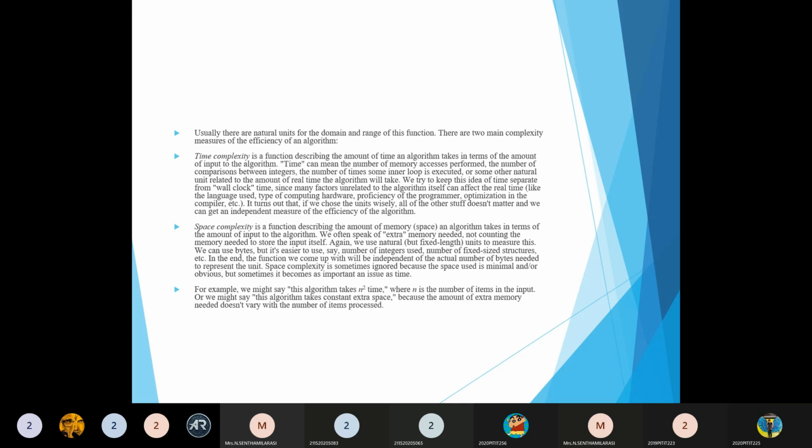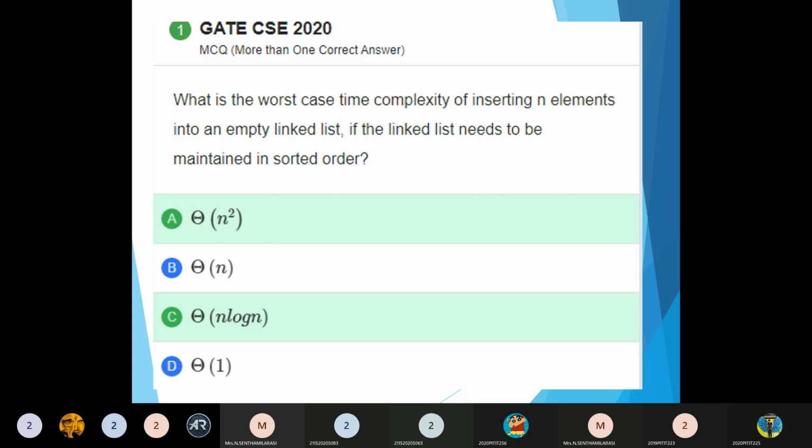Usually we have two things: one is time complexity, and another is space complexity. Time complexity is describing the amount